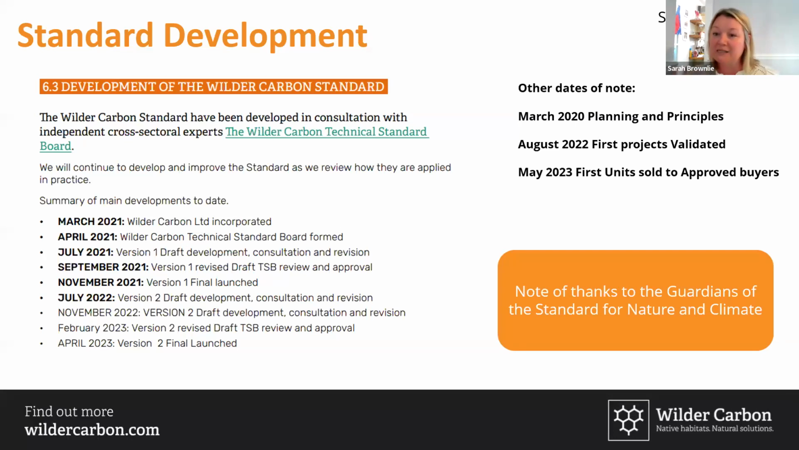April 2021 was when we had successfully formed the Wilder Carbon Technical Standard Board. We had been bringing people in individually and working with them to form the core principles of the standard, but we have formed the board and the governance around that in April 2021. July 2021, first draft, development, consultation and revision constantly in a cycle. September 2021, we had the first draft formally reviewed and approved for publication in November 2021. We started a revision straight away. It needed updates and continued improvement. We started that formally in July 2022, going through a similar process to have that final version 2 launched in